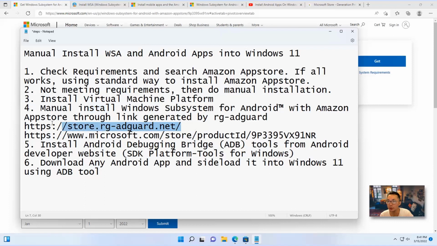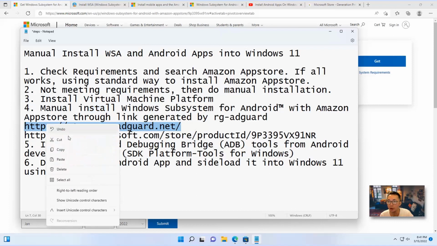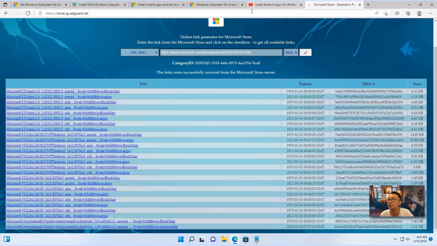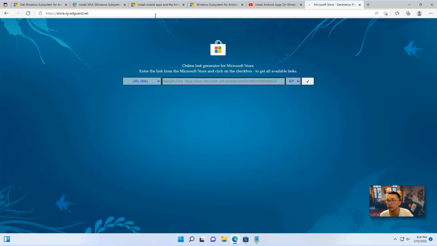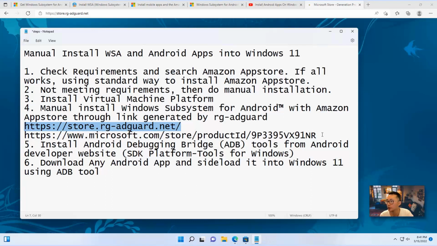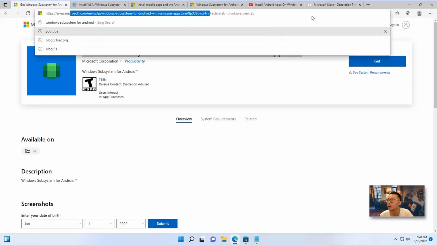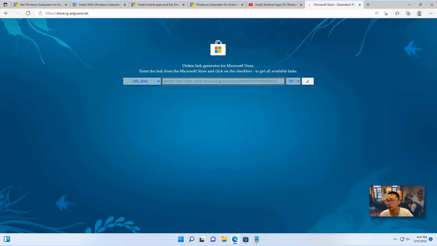We're gonna go to store.rg-adguard.net, this website. And we're gonna search WSA, this web store link. You also can get it from here. You just paste it in,